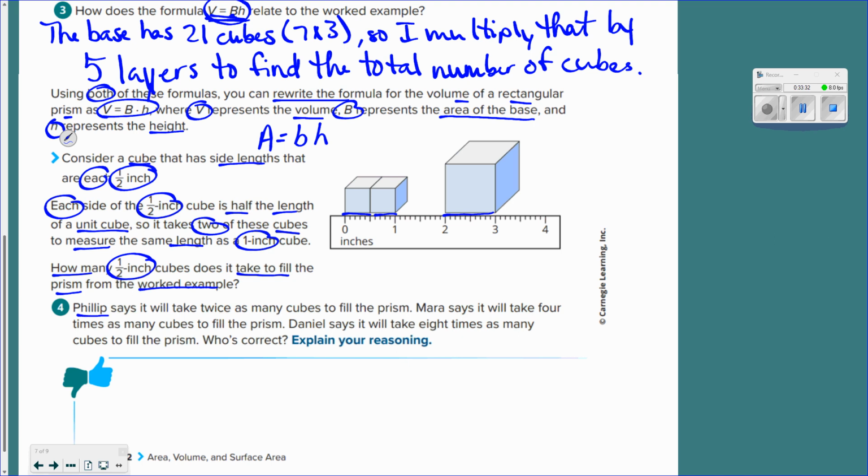Who is correct? So we'll give you guys about 3 minutes to talk about this as a group. Tell me, who do you think is right? Philip, Mara, or Daniel? Then we're going to break you into groups, and we'll show you what the answer is. So talk about it for a few minutes. Write down who you think the answer is. Okay,